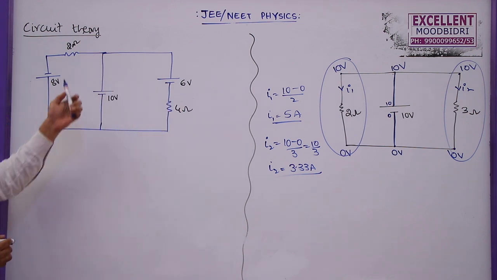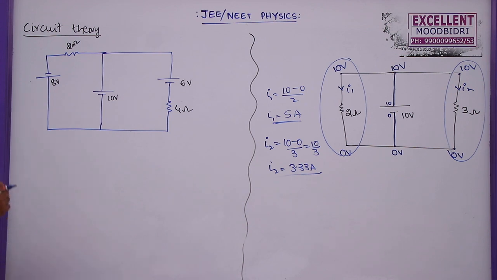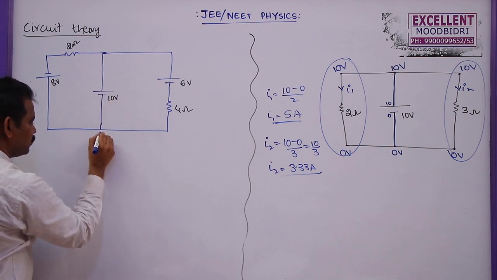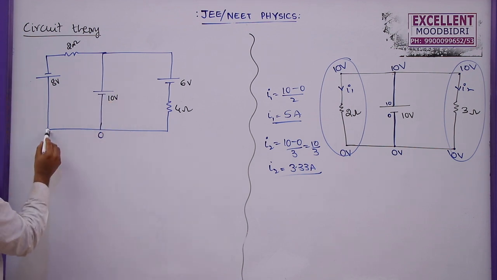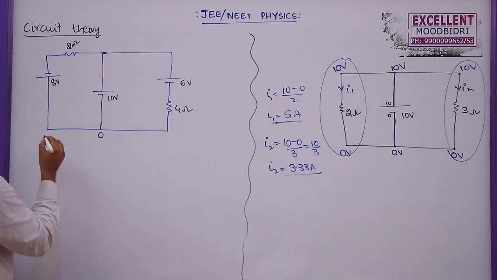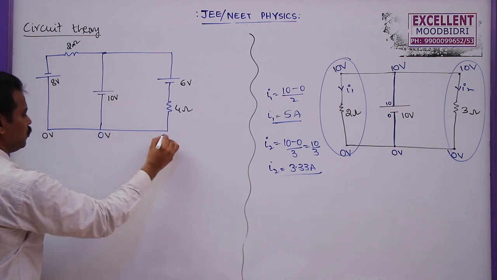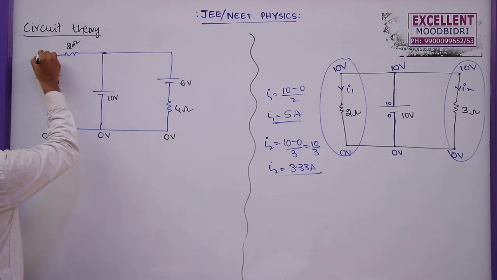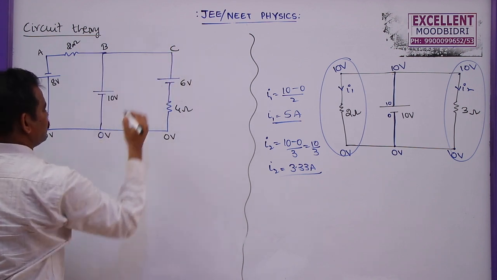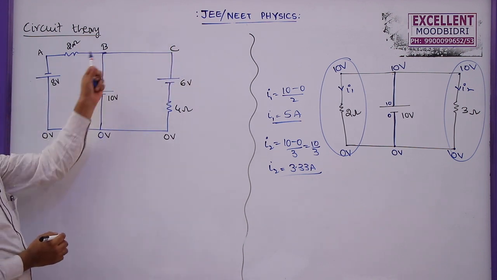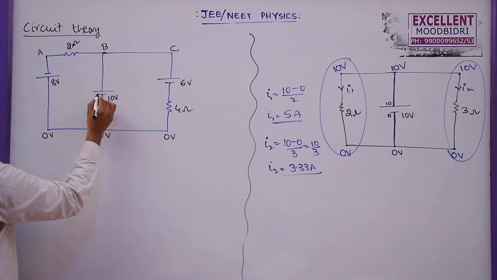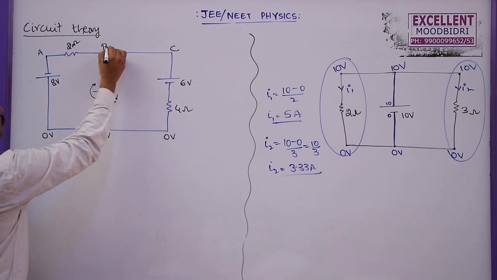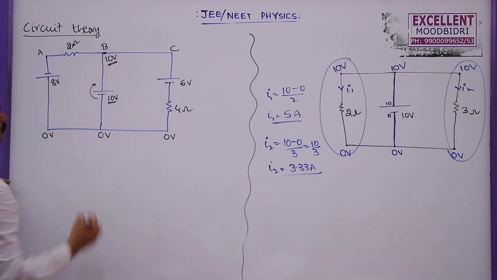Now what are the currents through 2 ohms and 4 ohms here? What we can write by using this circuit theory: this will become 0 volts. As there is no resistance between this point and this point, I can write this also 0 volts, 0 volts and 0 volts. Now, let me take these points as A, B, C. What is the potential at B? As we are moving from here to here, jumping, the potential at this point will increase by 10 volts. So the potential at B is 10 volts.